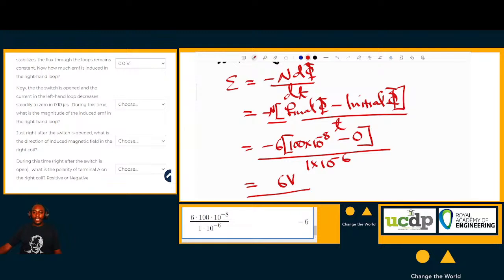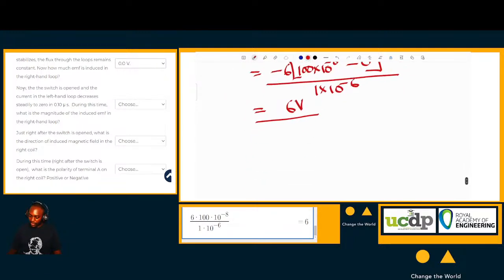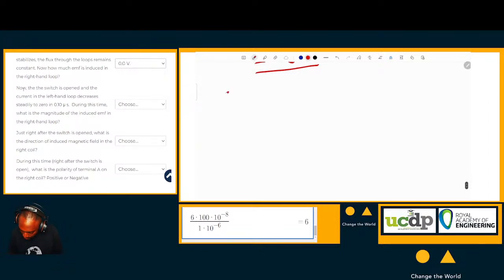Now the switch is opened and the current in the left-hand loop decreases steadily in 0.1 microseconds. During this time, what is the magnitude of the induced EMF in the right-hand loop? So we're simply doing the same calculation again. So E is equal to N change in phi over change in t. Now the loop is being opened. So our number of turns,